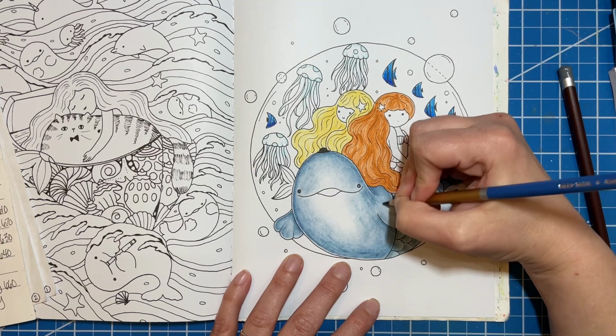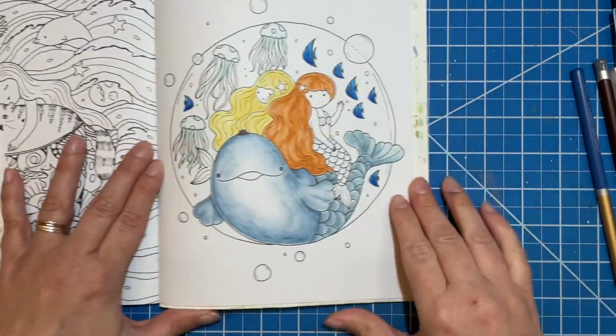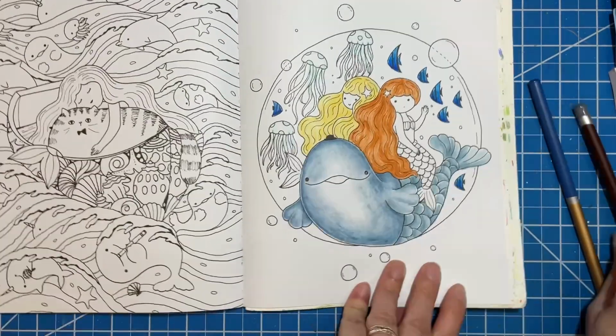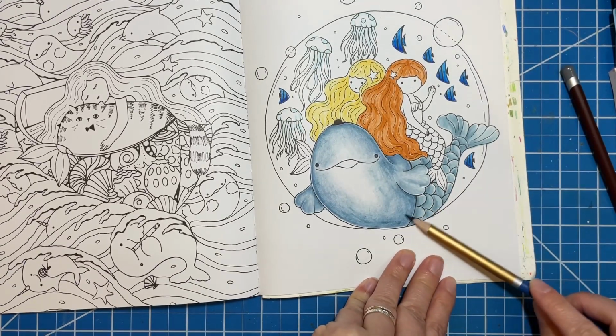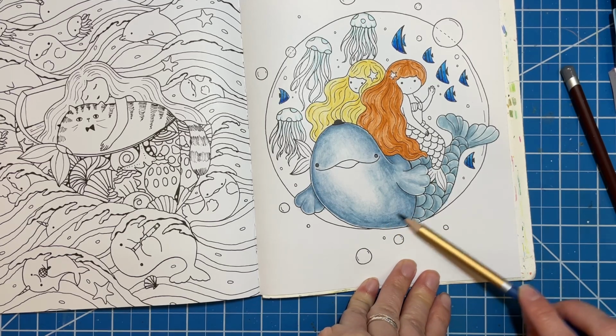This is almost working. How does it look in the camera? You know, it looks about the same as it does in real life. This is just not gonna go well. I wanted him to be a little more gray than he is blue. I guess he kind of still is, but